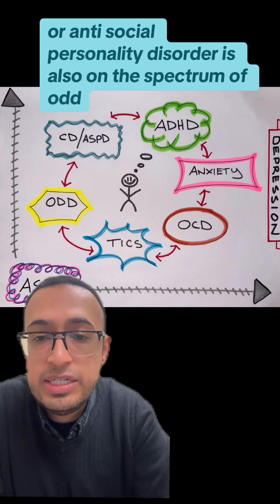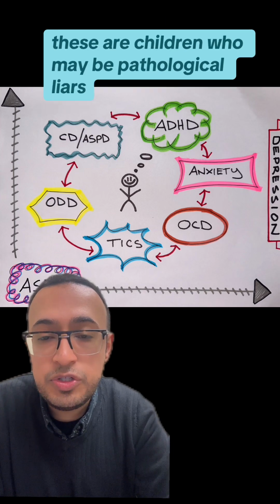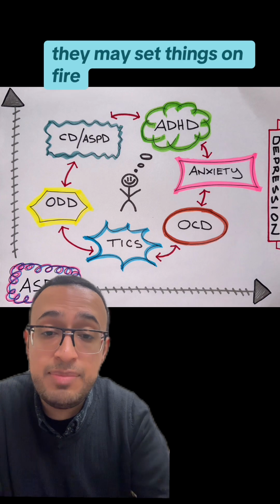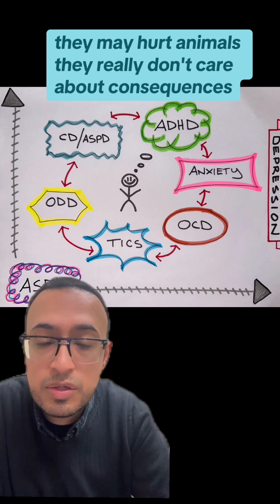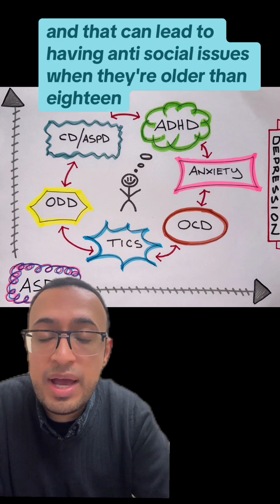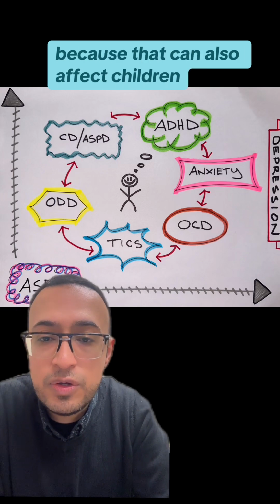Conduct disorder or antisocial personality disorder is also on the spectrum of ODD. These are children who may be pathological liars. They may set things on fire. They may hurt animals. They really don't care about consequences, and that can lead to having antisocial issues when they're older than 18. I also put depression all the way in the corner because that can also affect children and